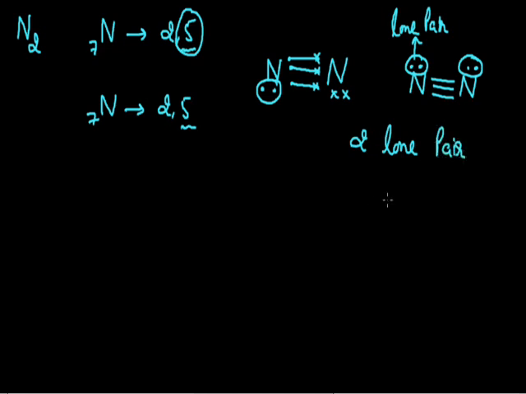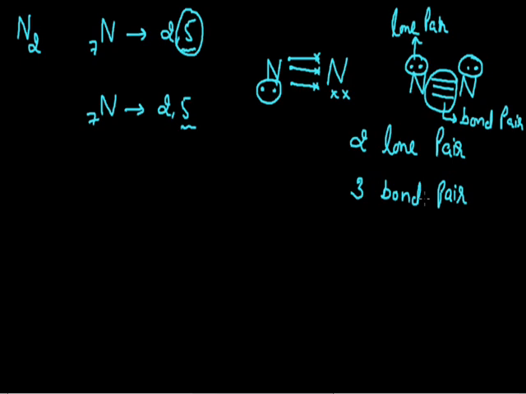And if I count the number of bond pairs for this nitrogen molecule, as we can see, between these two nitrogen atoms 3 covalent bonds are there. For the formation of one covalent bond, I need 2 electrons. 3 covalent bonds will result in the sharing of 6 electrons, which can be represented as 3 pairs of electrons. And these 3 pairs of electrons, due to which the bond is formed between these two nitrogen atoms, can be termed bond pairs of electrons. So here there are a total of 3 bond pairs of electrons and 2 lone pairs of electrons.